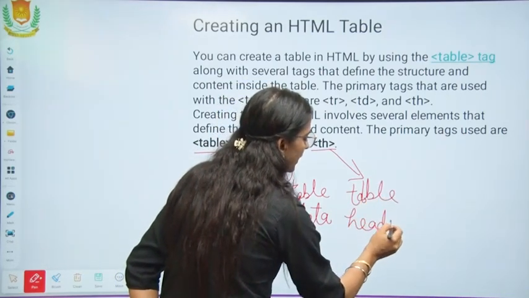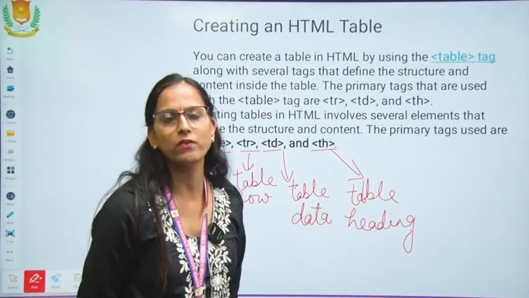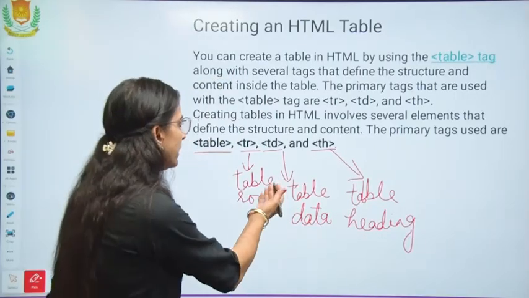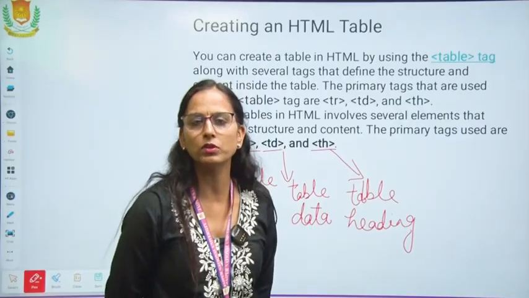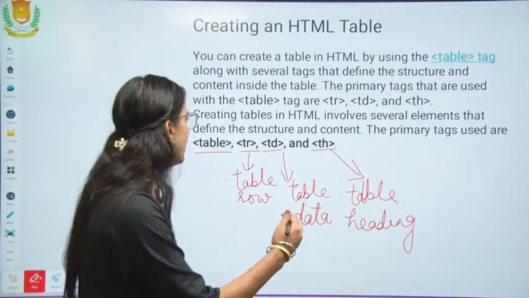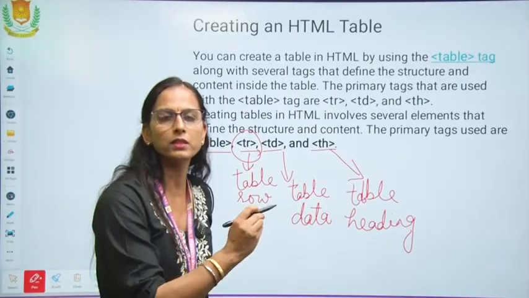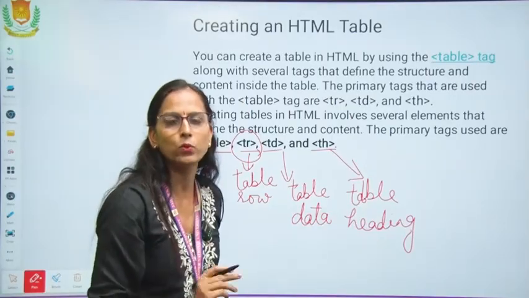Basically, table heading is used for the first row of the table, where we define the headers or fields of the table, and table data is used to write down the contents of the table, information about the particular row and column. And tr is used to specify and categorize the table in the form of rows, and table is basically to start and end the table.